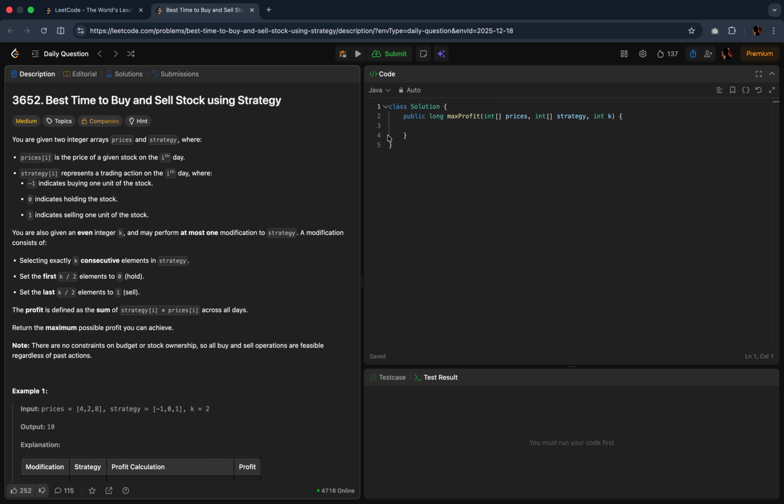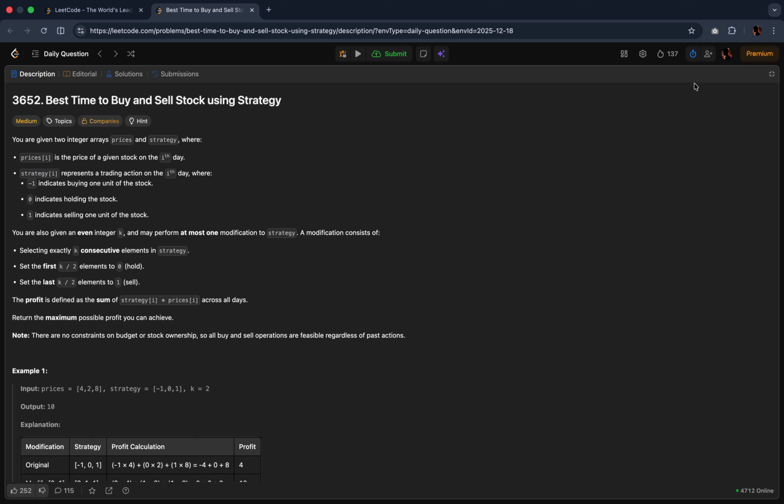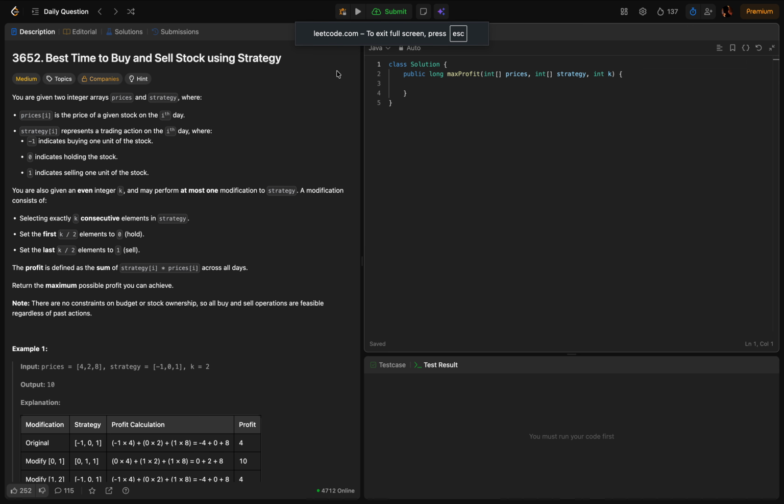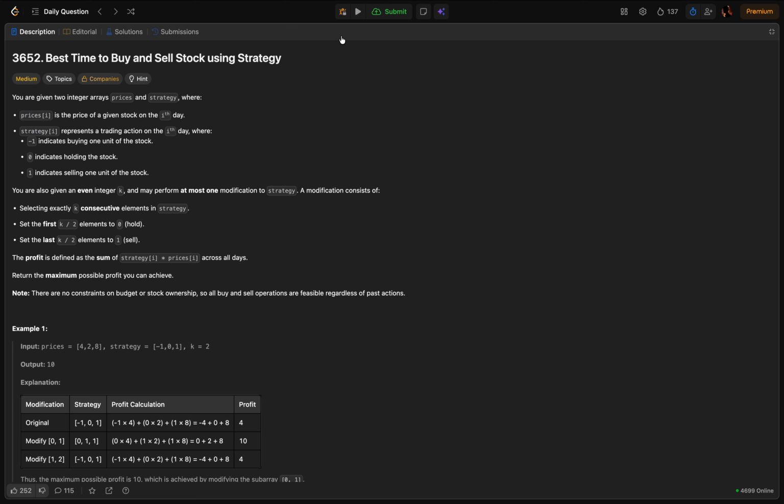Today we are solving the LeetCode Daily challenge. Let me expand the problem for you. So here is our problem. So today we are solving the LeetCode Daily challenge, and the problem of the day is problem 3652, best time